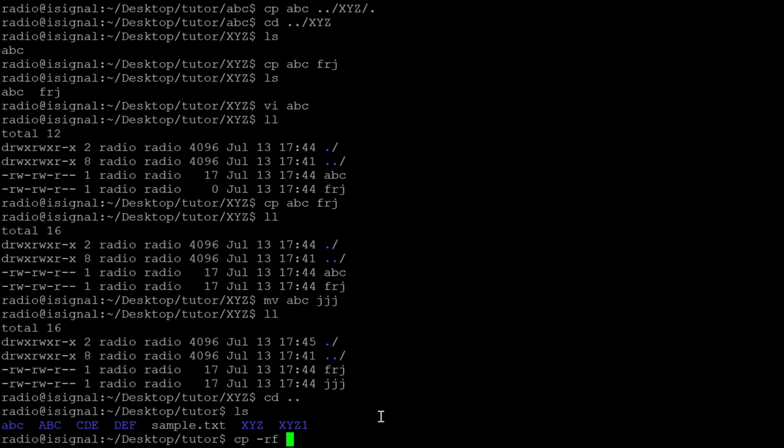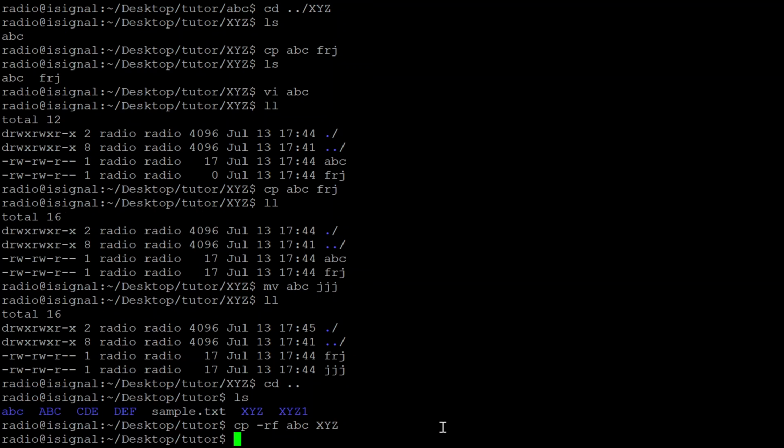So cp ABC and then I'm going to copy into XYZ. It means the entire ABC directory you are going to copy, and it takes the files recursively if there are any files present. Earlier we have seen inside the ABC we have some folders we had already created. Those folders also will get copied into XYZ. Now let's check the result of this command.